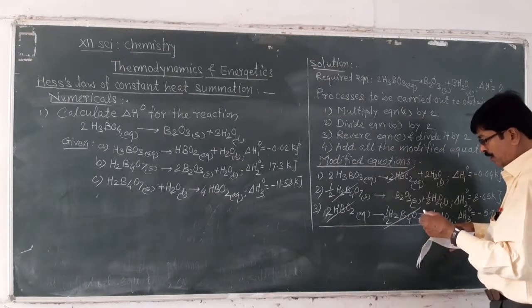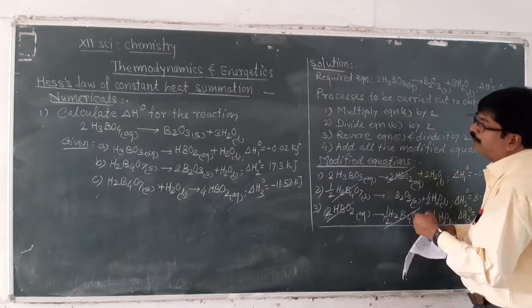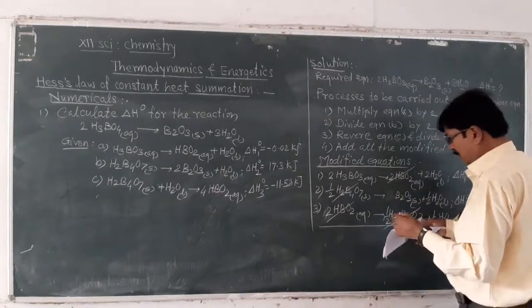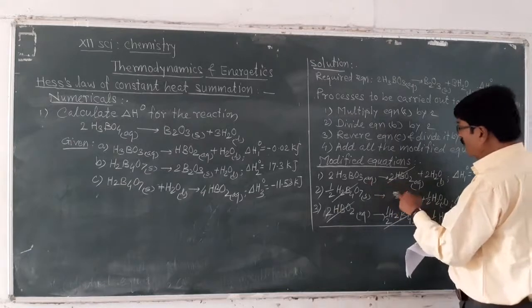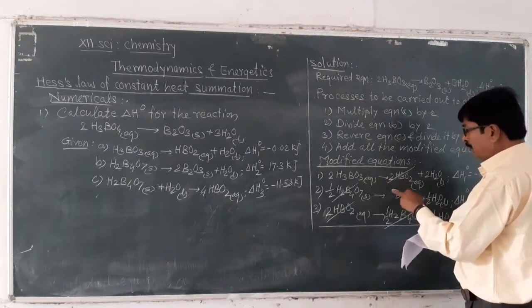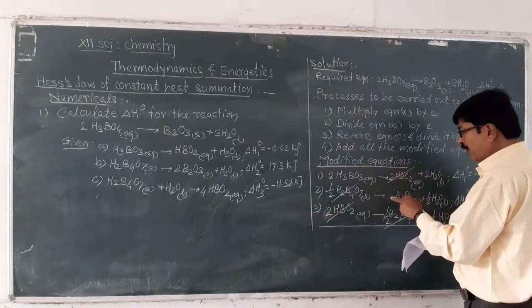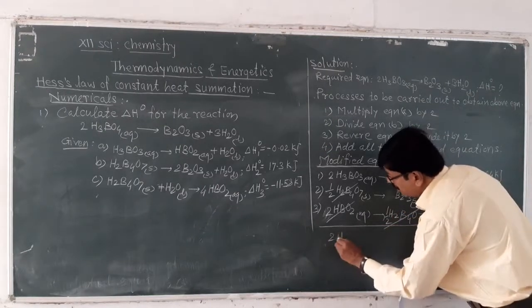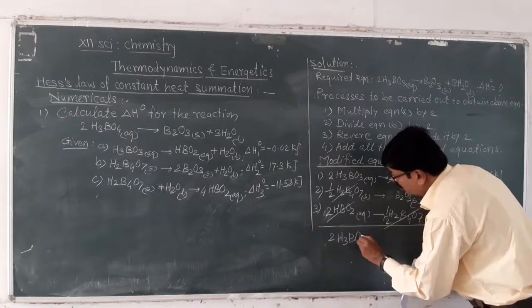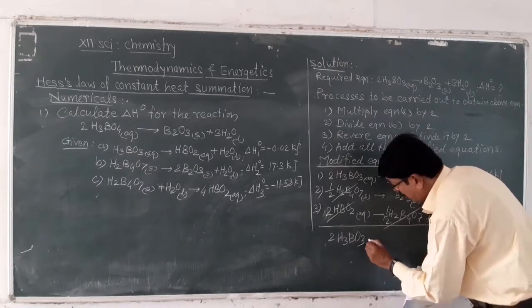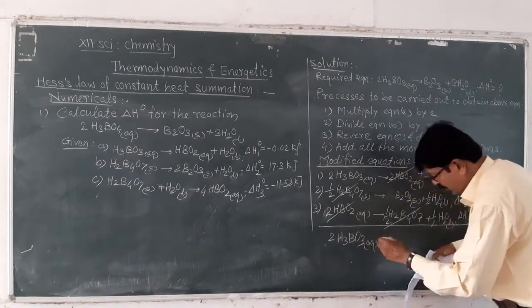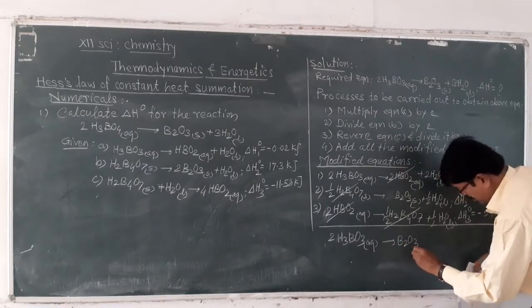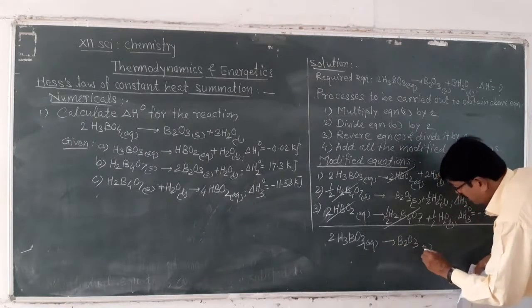Here we get this B2O3, and on division by 2 becomes B2O3. You will get twice H3BO3 aqueous to give B2O3 solid plus